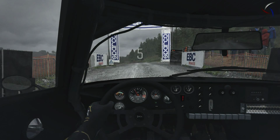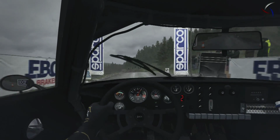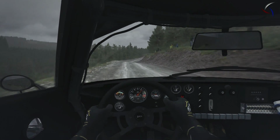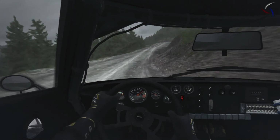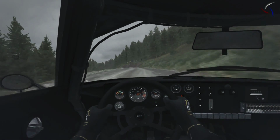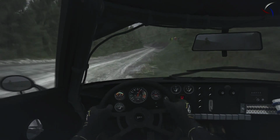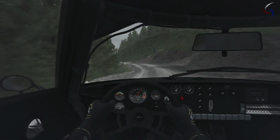So, here we go again. 5, 4, 3, 2, 1. Yes, I did say I don't need the engine. What I meant there was not that I don't need the engine, but I don't need the extra power. Of course, when I looked at this track, I thought, well, hold on, I probably could do with the extra power now. I thought, oh, this could be a chance for me to really put my foot down, and so